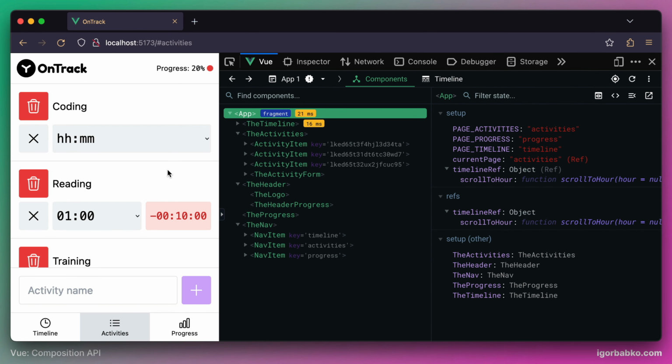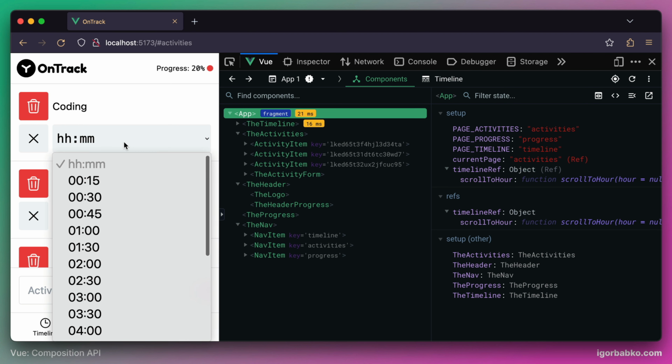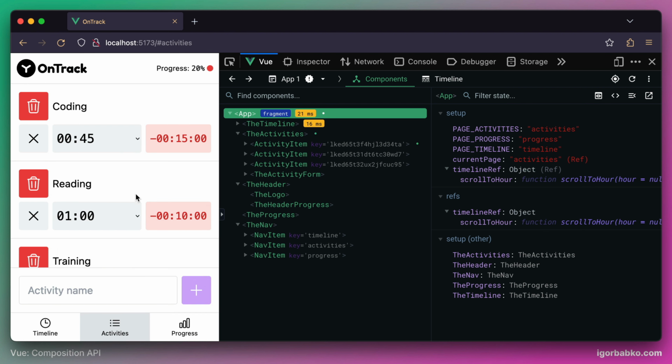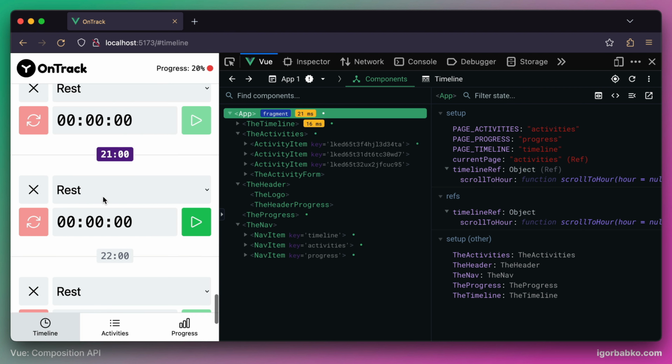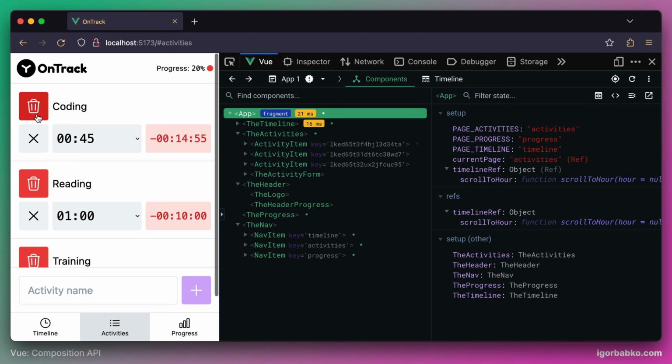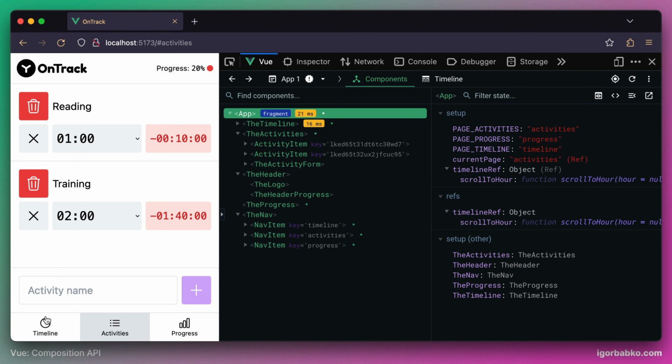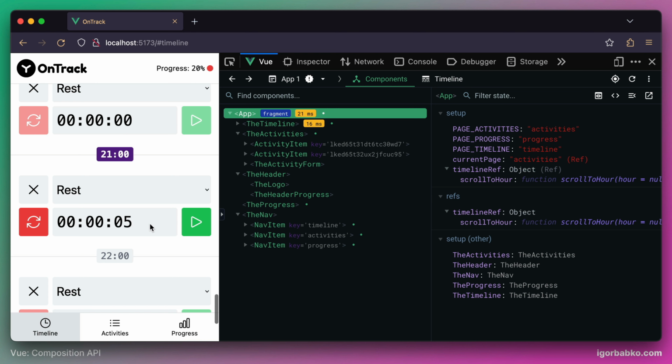There is actually one bug that currently exists in our application, and we're going to try to fix it in this lesson. The bug is related to the timeline stopwatch component. For example, if we select the time for a particular activity and start tracking time for it, and let's say we have tracked 5 seconds, and then we remove this activity, we will see that the timeline stopwatch component still shows 5 seconds, but the removed activity